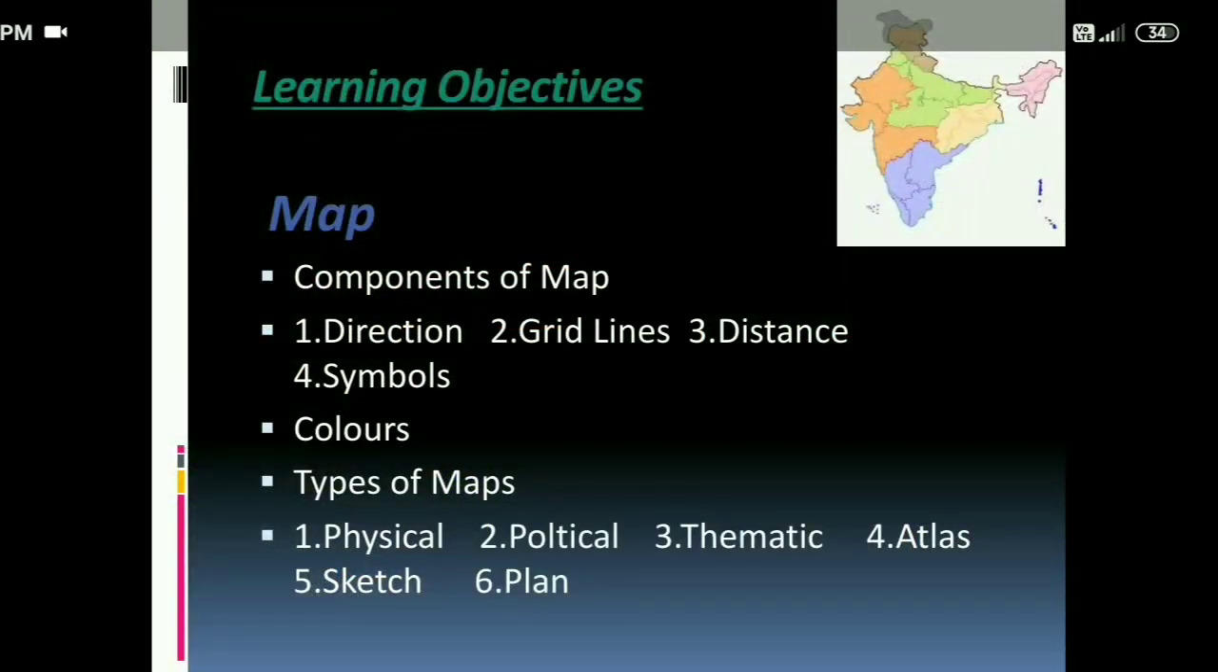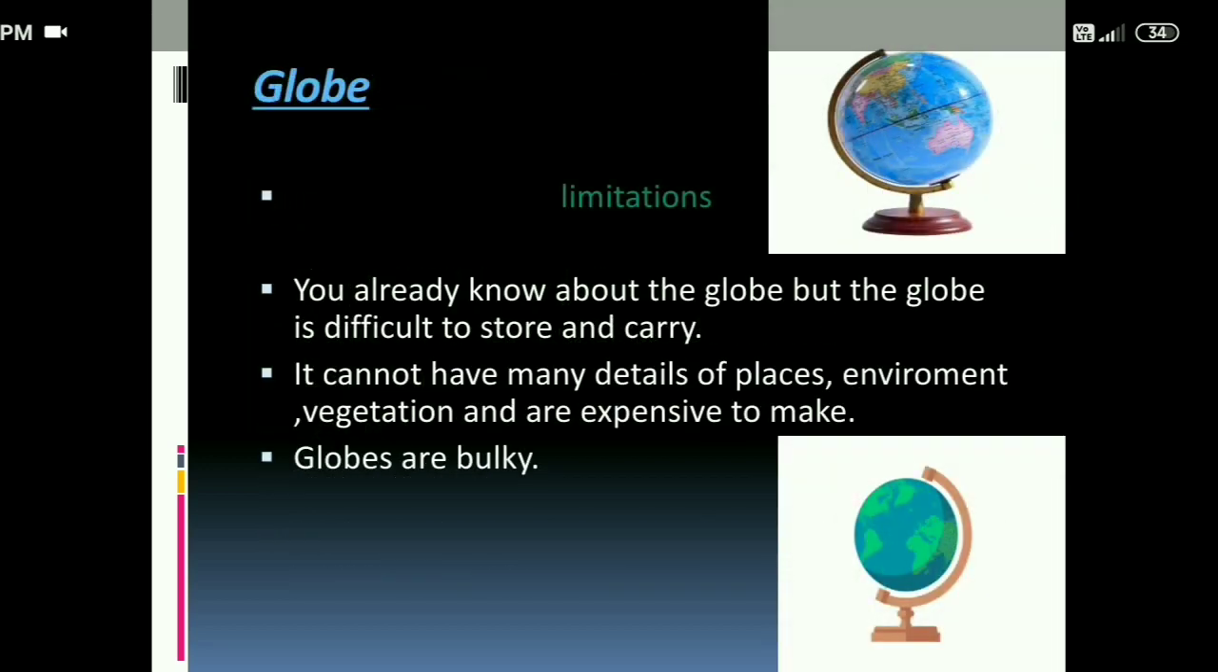In this chapter we discuss the main points: first, maps, components of map, direction, grid line, distance, symbol, and colors. Types of map, three main types: physical, political map, and thematic map. And after that we discuss atlas, sketch, and plan. Now we start from the first point. First we discuss